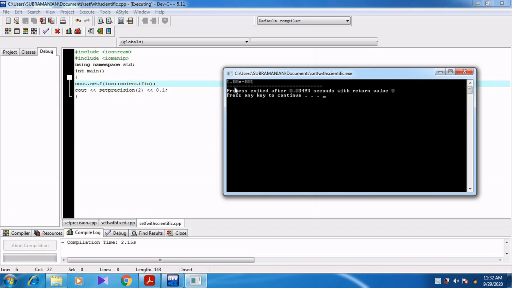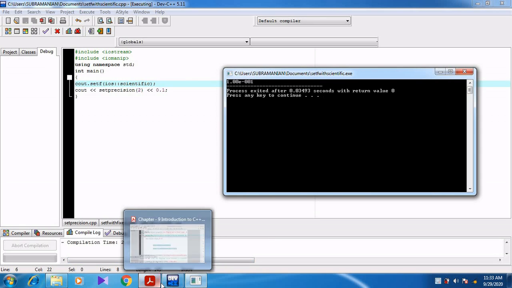After the decimal point, you can see 1.00. After the decimal point, 2 digits are there. And then it is displayed in scientific form. Scientific form means exponent, e to the power of, right? Can you understand, students?